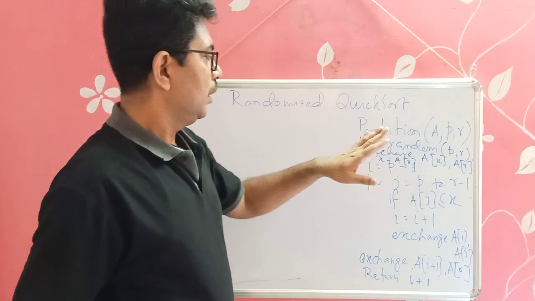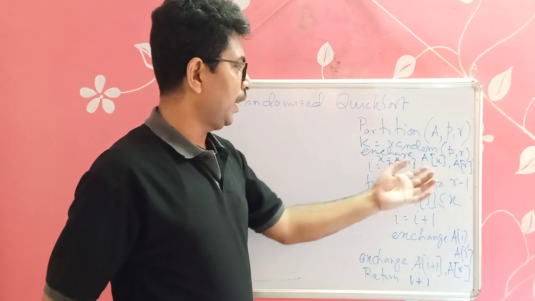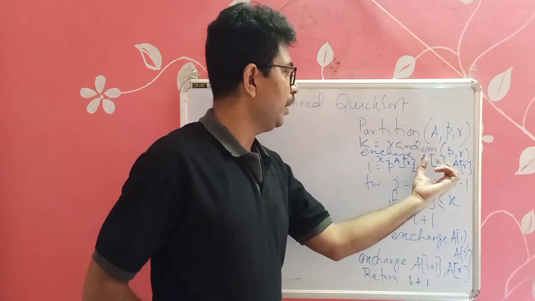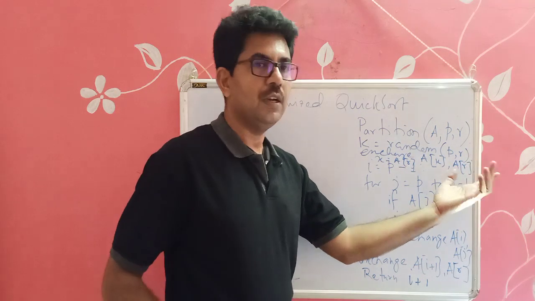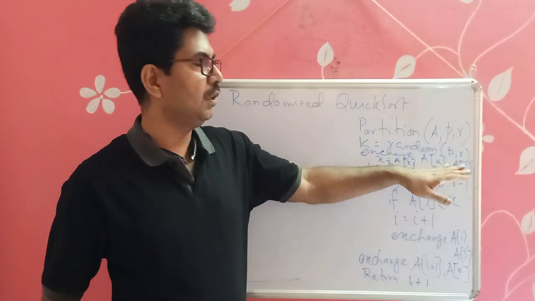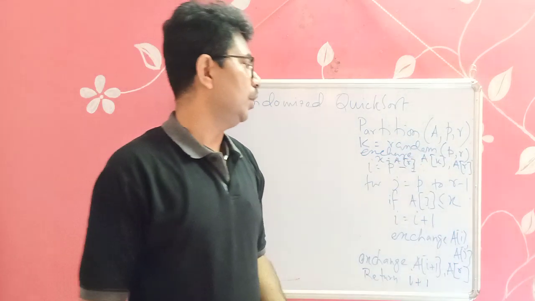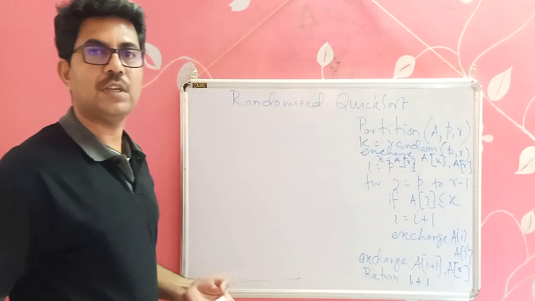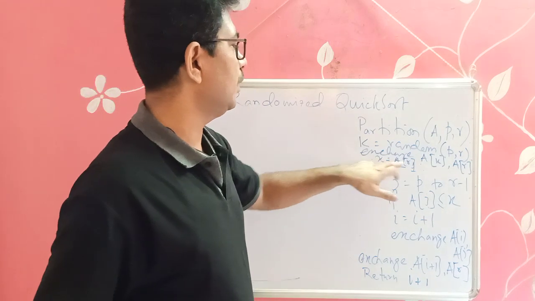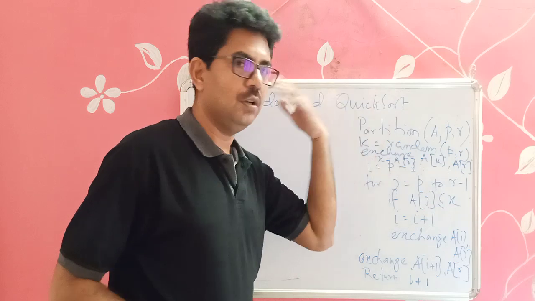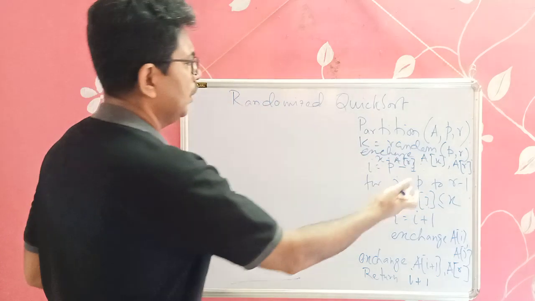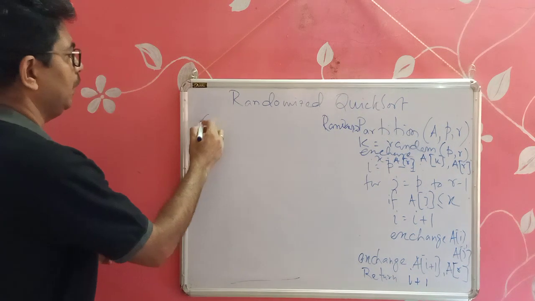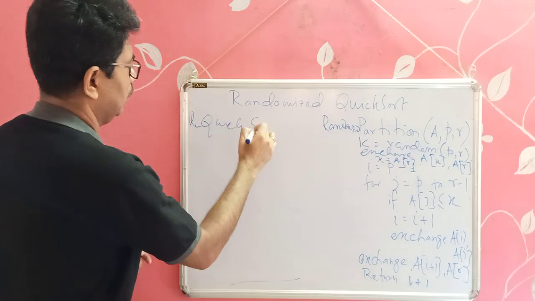Now think about this. Suppose this is a sorted array, but since we are randomly selecting one value here, which is k, and we interchange A[k] and A[r], we cannot guarantee that after exchanging it will still be the sorted list, right? If we cannot guarantee that it is a sorted list, obviously there will be no chance to guess the worst case time complexity. After that, we select x as the last element, the pivot element, and go on. Also, here we can write the randomized version of the partition, and similarly we can write the randomized quicksort.